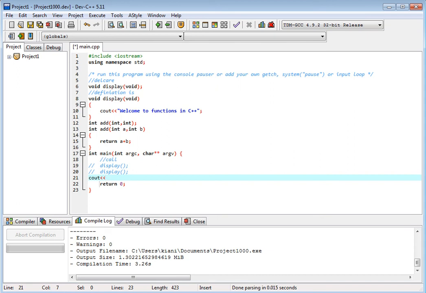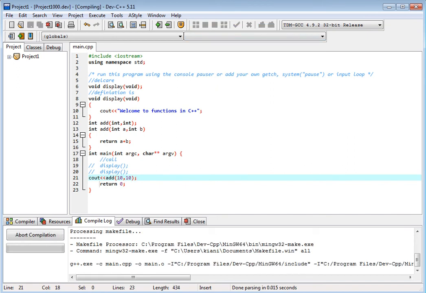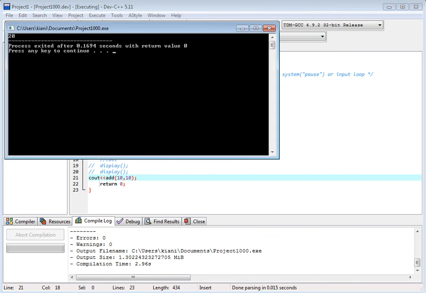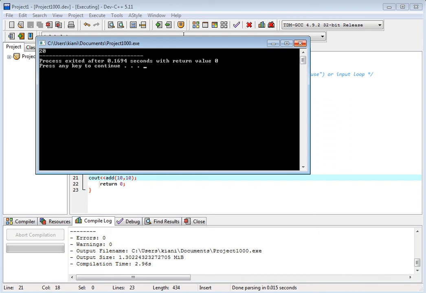So I should comment this. This will not be compiled, and this will be compiled. I write cout, and I write add 10, 10. The result should be 20. Okay, let's see.